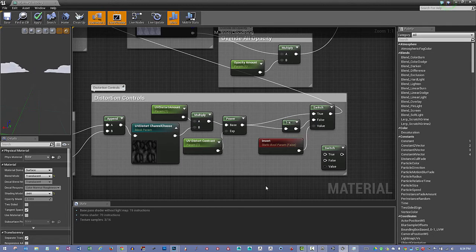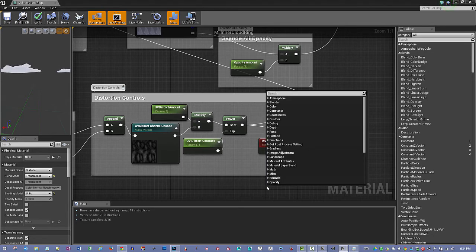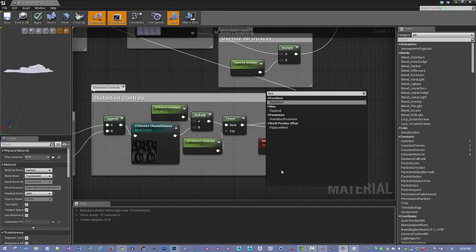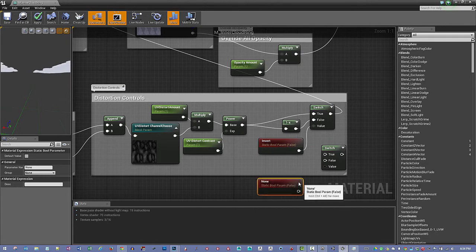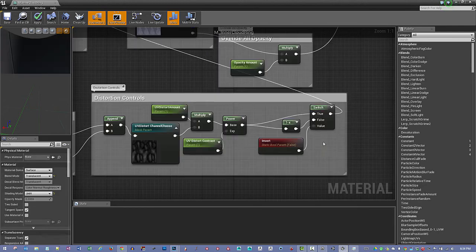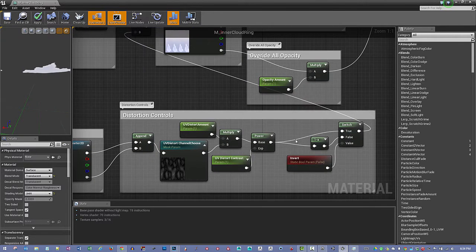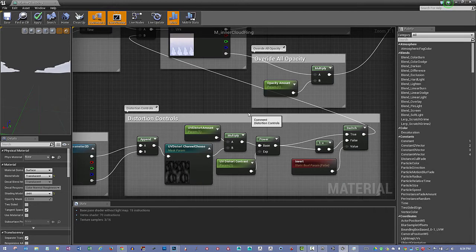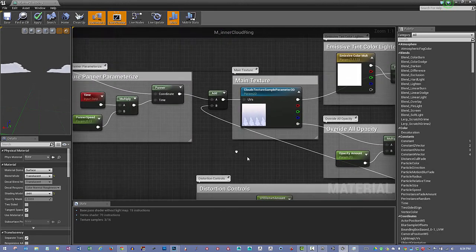And then I just gave it a Boolean value, so we can just go static Boolean, and you could use a parameter for that, and so you can give it a name and it shows up in the material instance, and then you get to tell it whether it's going to be true or false. So that's basically setting up a little switch condition that you see here, and then all that's fed into this